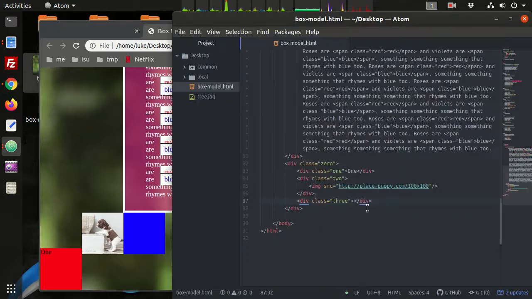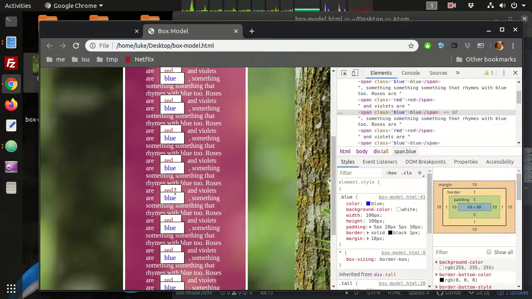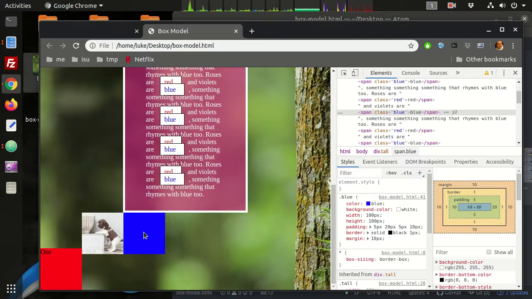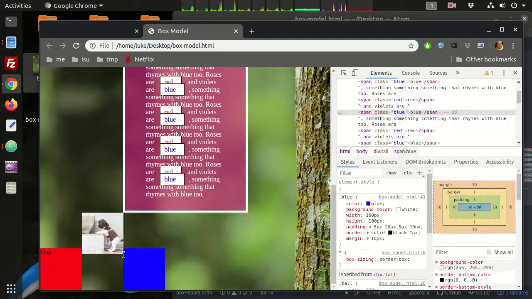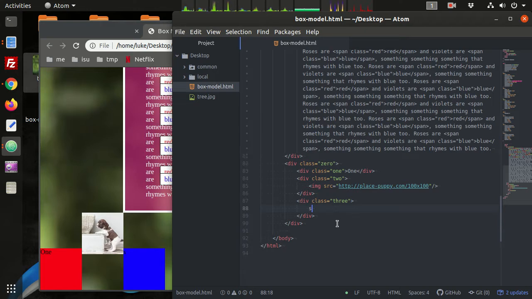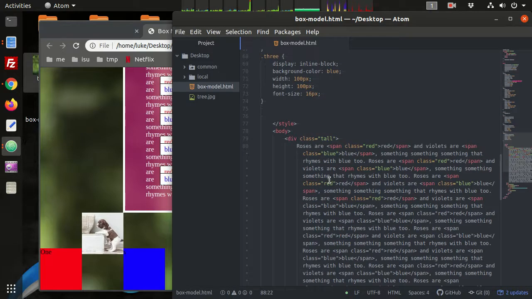Right? Also note, if I add just a white space in here, that does not affect it. I actually have to have a character. If I type in a character here, just one single character is all it takes, then we're back to the baseline. Okay, so these are some of the quirky things with alignment that might come up as you develop your web pages. Okay, so we can put this back to 3,